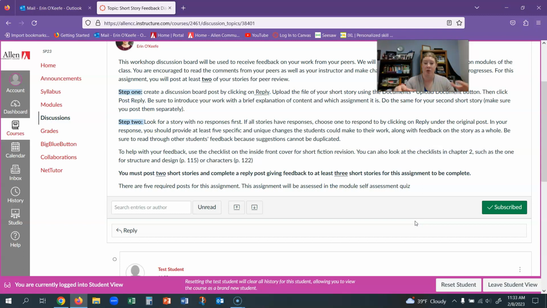It may be a little bit more broad and say something like, I noticed that you didn't include a lot of details about X character's physical appearance or something like that. So you could do something specific like that, but I want it to be unique details. So make sure that you look back through your other peers' responses if there are any other responses to that story. The trick with this is you have to give yourself time to make the responses, but you don't want to wait so long that all of the stories already have 3 or 4 responses, because it makes it harder to come up with anything new to give feedback on.